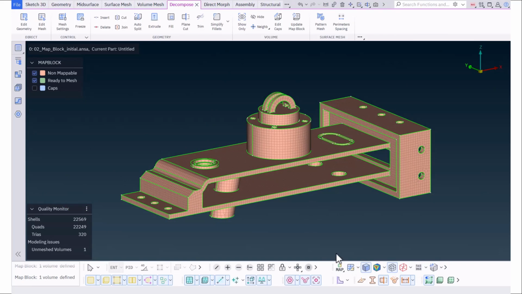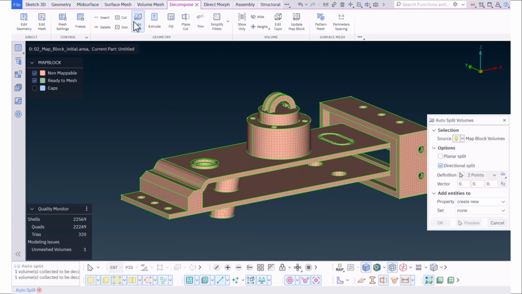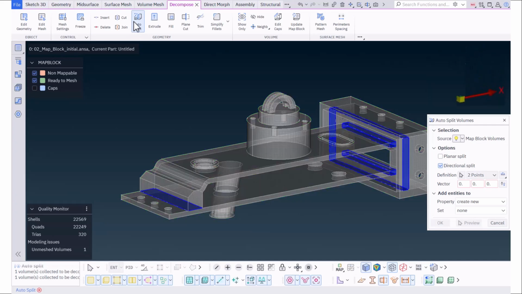The ready sections are concealed, allowing the user to focus solely on the remaining areas that require further refinement. The complex volume must be divided into simpler closed subblocks to be suitable for meshing. Activate the Auto Split function from the Decompose ribbon tab. To begin with, we can search for splits in the X direction to start forming closed volumes in the bottom slab and the rectangle frame at the front.